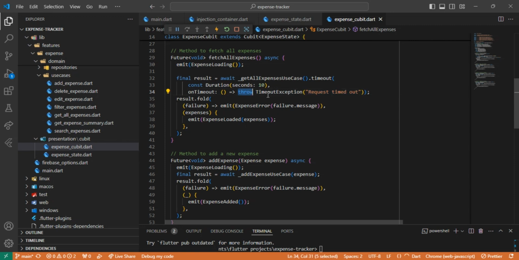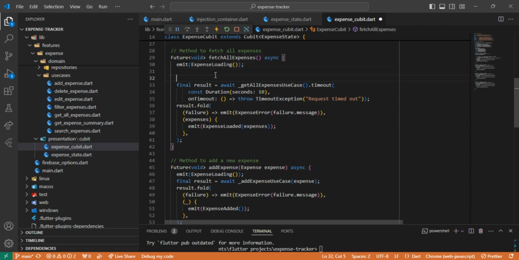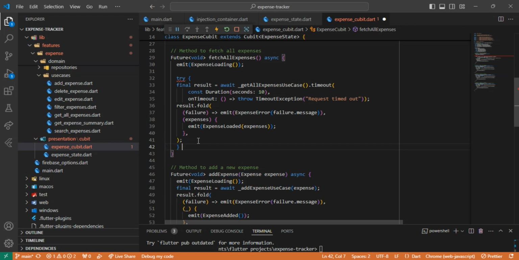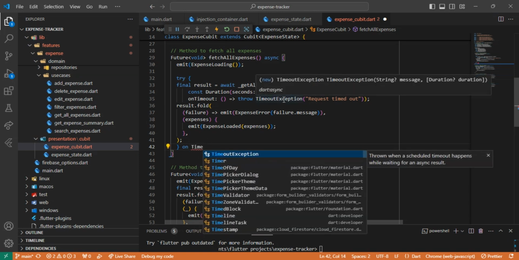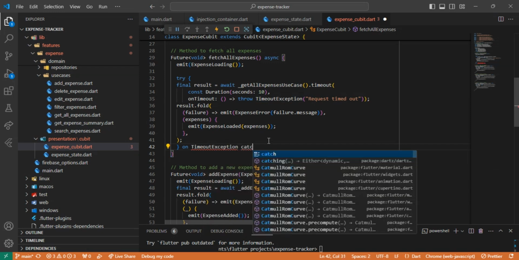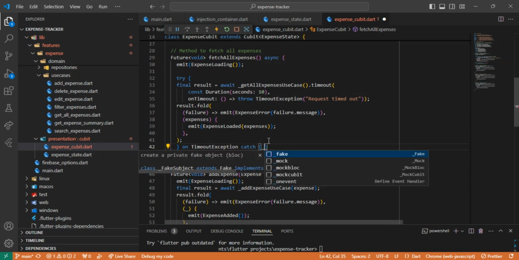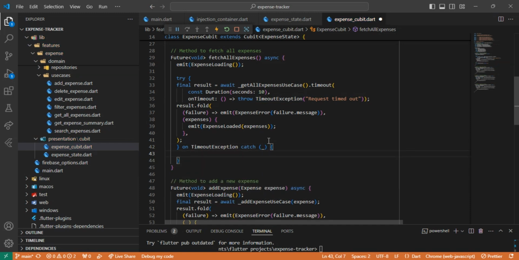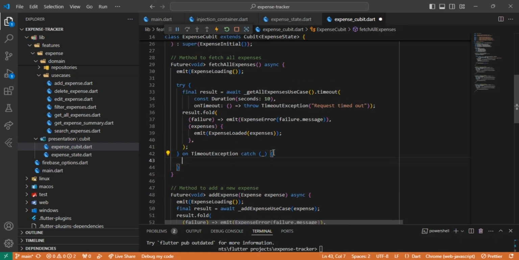Now, since this is going to throw an exception, we have to catch this or else magka-crash yung program natin. So that's why we're going to encapsulate that or put it inside a try block. And then on. Now, since timeout exception yung tinothrow na exception, so timeout exception din yan dito. And then catch. Then so what happens is, once we are able to catch na yung exception dito,